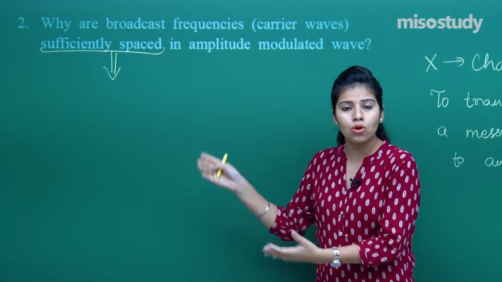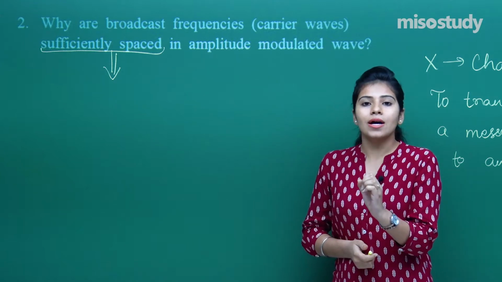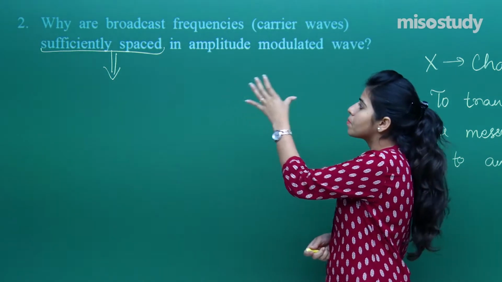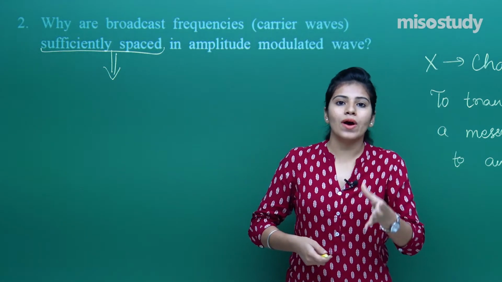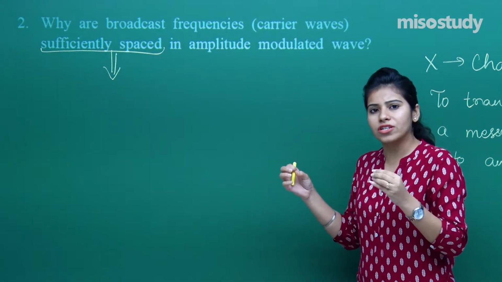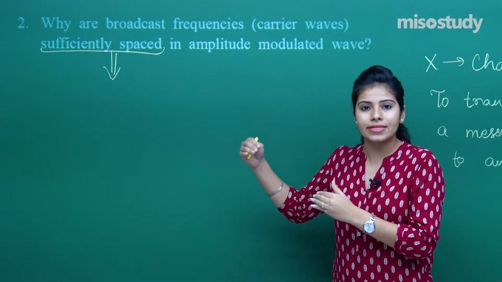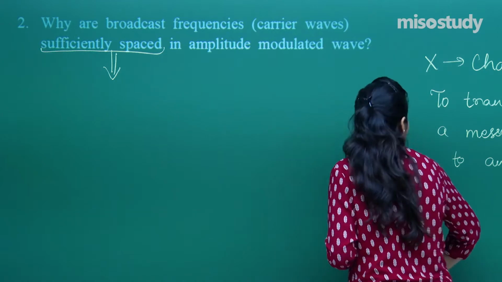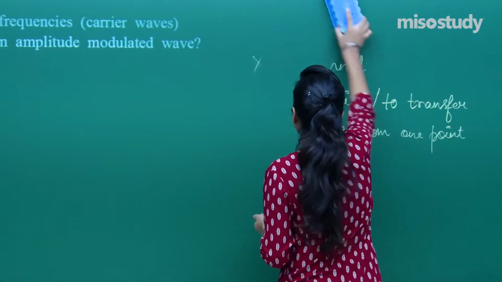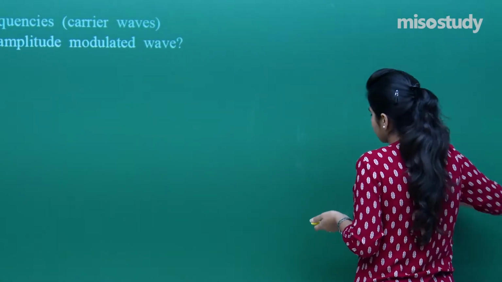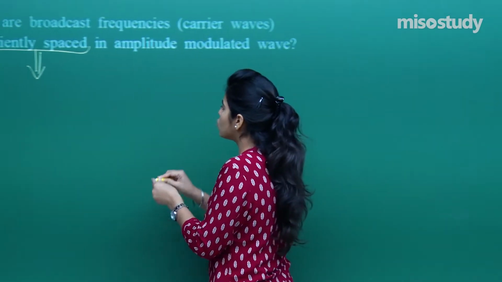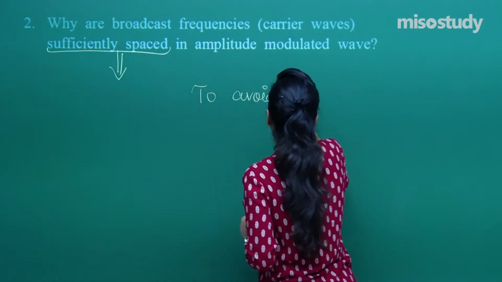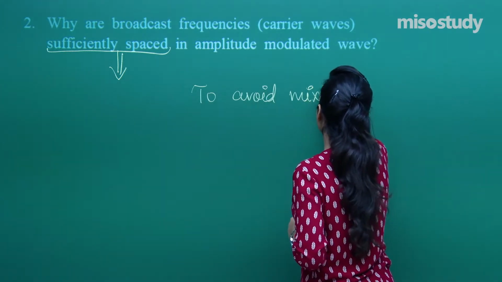And why are we doing so? To avoid the mixing up of signals during the transmission, we provide the space sufficiently, to a greater extent. Why to a greater extent? Because we can answer the question like this: to avoid mixing of the signals,